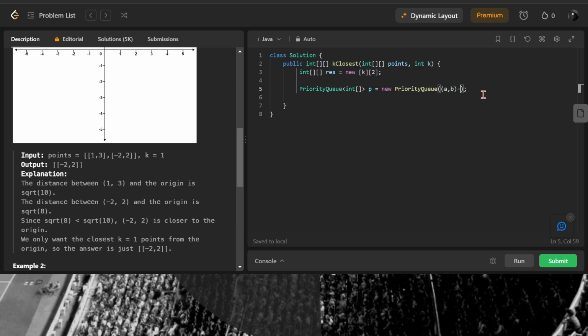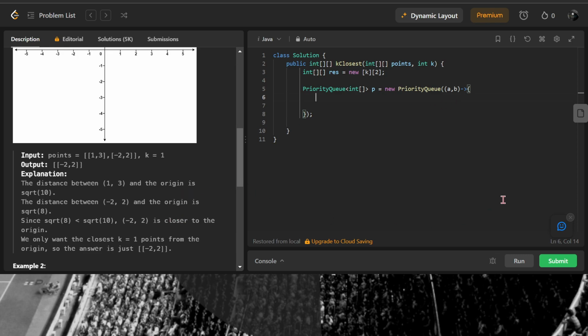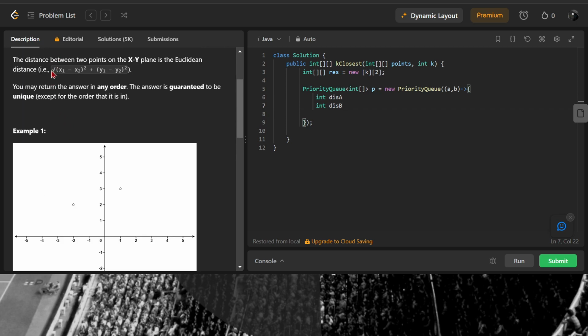We create the lambda comparator. How can we solve this? What do you think? I think first we must create two variables for distance a and a second variable for distance b. For the comparison we can write it without the root, with x2 equal to 0, because it's closest to the origin. We can write it like this: